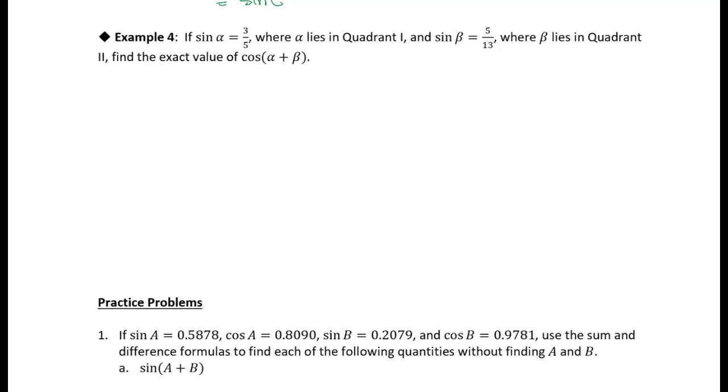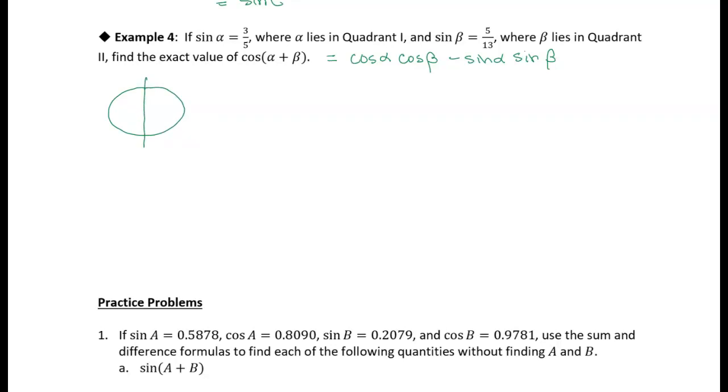Okay, so now in order to find cosine of alpha plus beta, we can just copy down that sum formula. So it's cosine alpha cosine beta minus sine of alpha sine of beta, right? So we have the sine values, but we need the cosine values as well. So I'm going to use the unit circle to figure this out. So I'm going to draw a little unit circle,